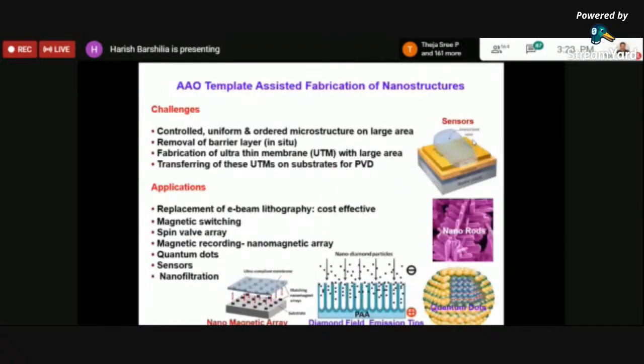Now, nowadays a lot of people are talking about filtrations, nanofiltrations and water purification. There you need membranes where the pore diameter is a few nanometers. So what we have done is that we take a simple